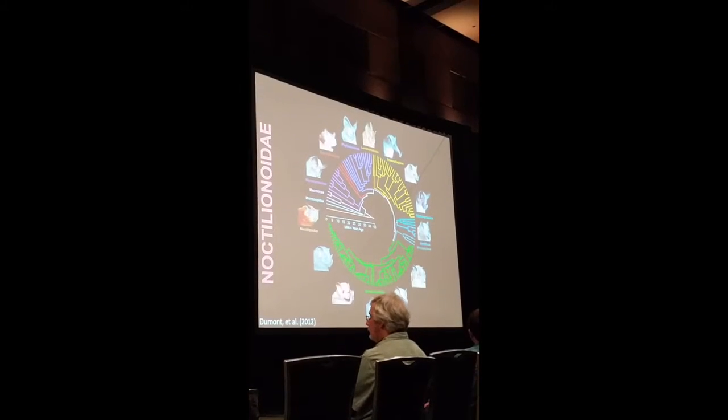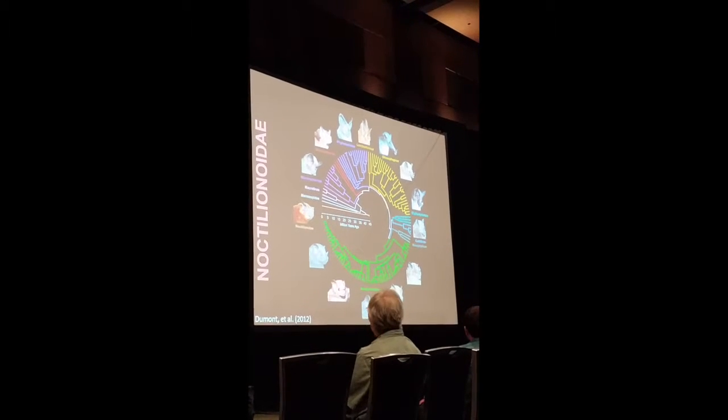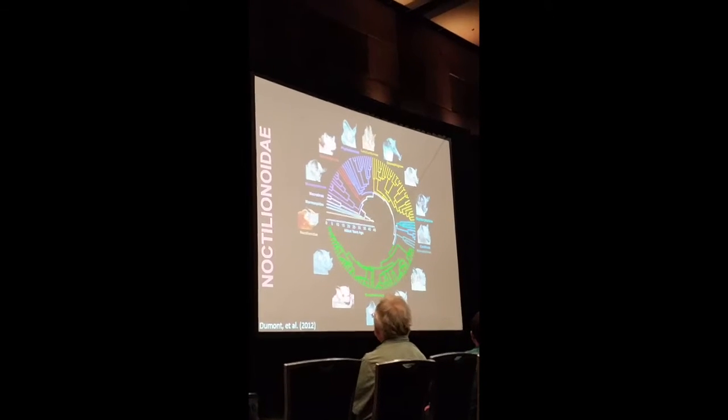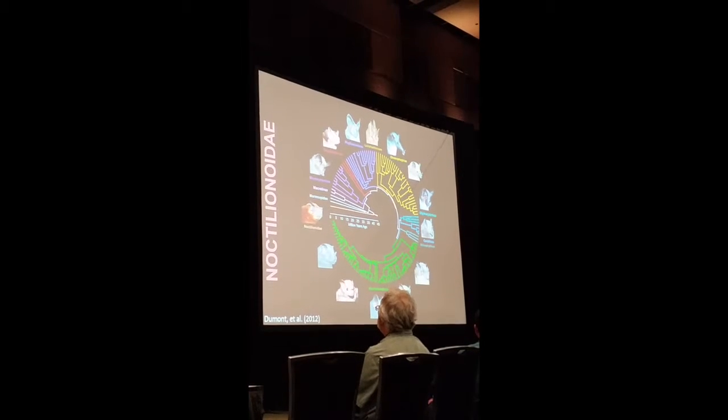And an exceptional example of this within mammals is the superfamily of bats known as noctilionoids. This family is well known for its dietary diversity. These guys are eating pretty much everything under the sun. It includes the vampire bats,